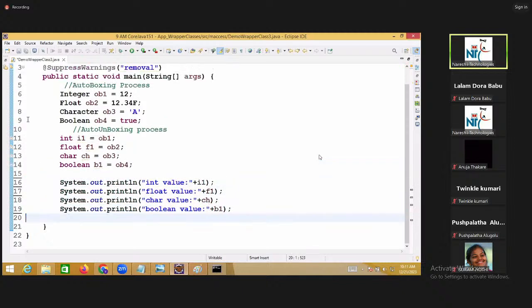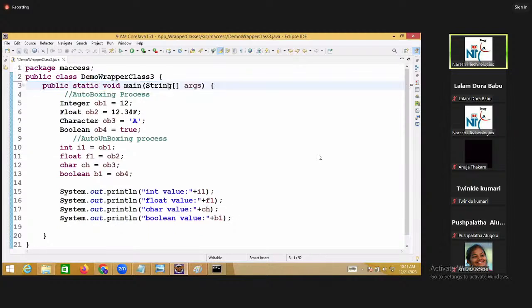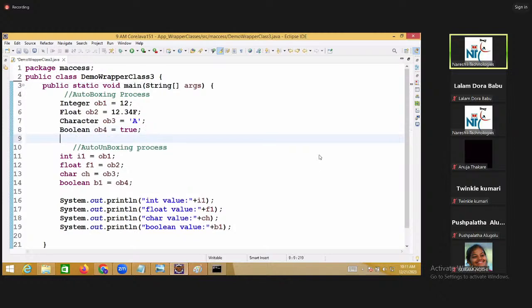This is auto unbox. Whenever you are following auto unboxing, this warning will not come. Remove this annotation. Means you are using a new version. That's the meaning. Here deprecated not coming now. Strikeout not coming now. So auto unboxings came. Auto boxings came. You should use them, they are saying.